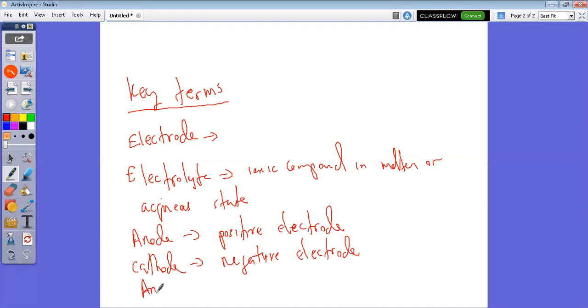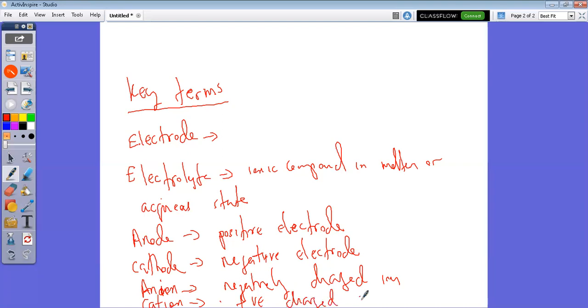Then an ion, so don't confuse it now. An anion is a negatively charged ion. Then cation is the positively charged ion. Remember when we separate the,